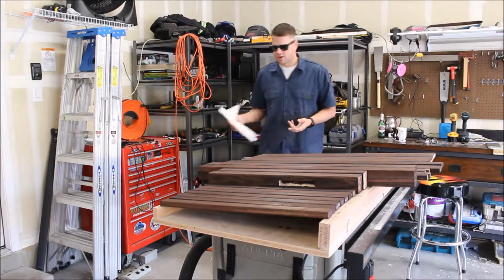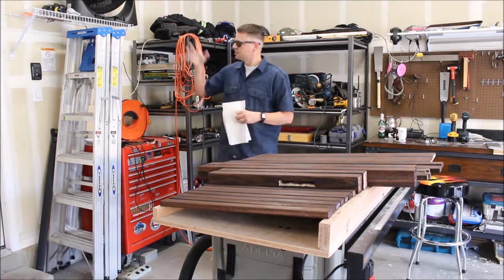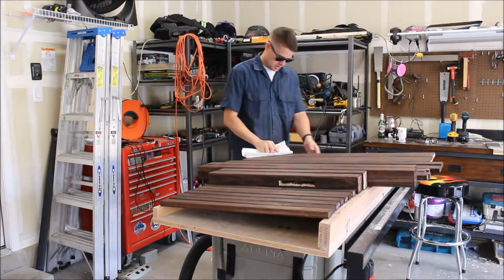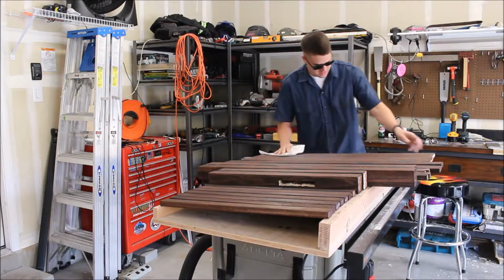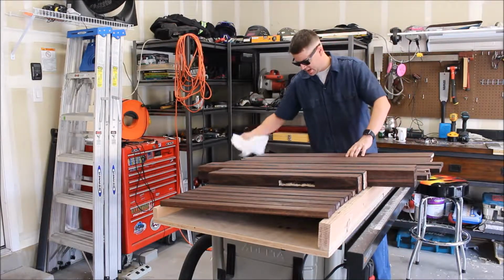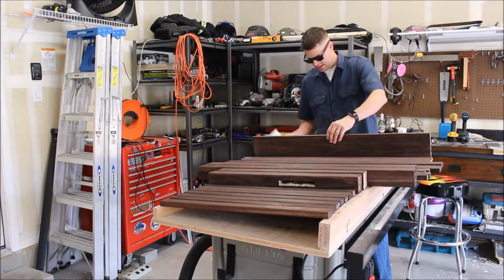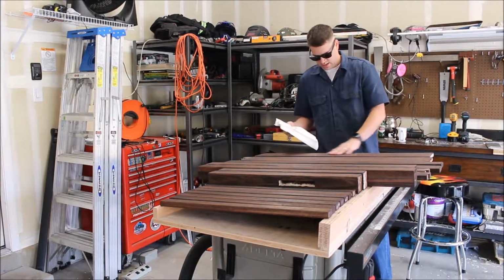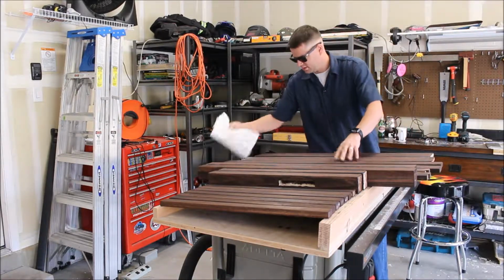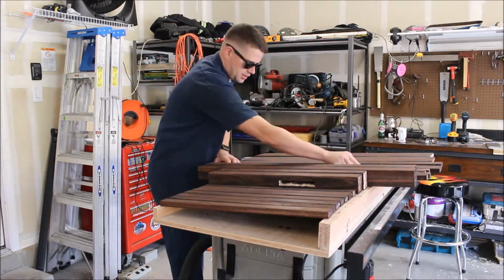Well, today is now tomorrow. I had these sitting here all night, the fan blowing down on it. And I give them a little wipe down and see, they're dry. I know the one bed that I made, that stain took forever, but I didn't wipe it down very well either. I think it's pretty good. Oh yeah, there's barely anything coming off of it. I think this will be dry enough to